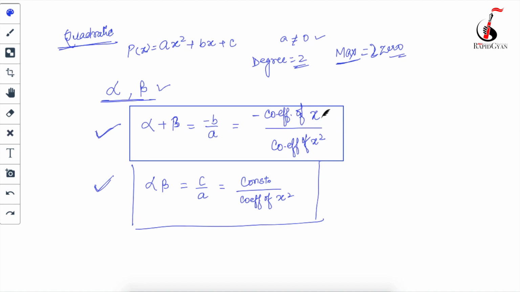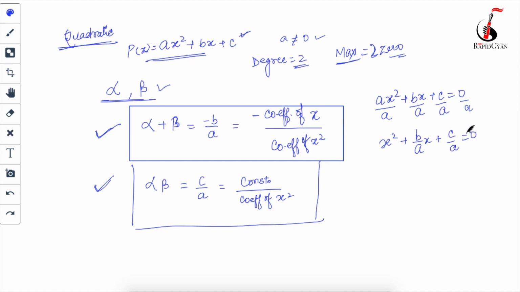Okay, so now if you will have to solve, let's see a few observations you might see over here. If you will have to find the zeros of this polynomial, how are you going to write? You are going to write like this: ax square plus bx plus c is equal to 0. Correct? You will write this in this form. So what if I divide the whole equation by a? What will I get? If I divide by a, I will get x square plus b upon a x plus c upon a equal to 0.